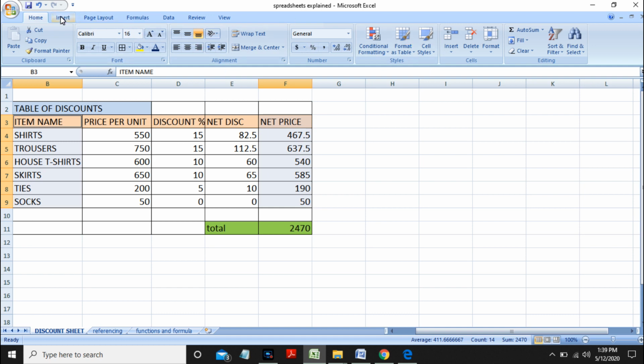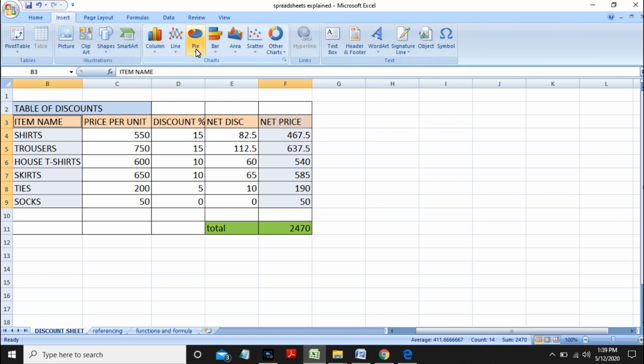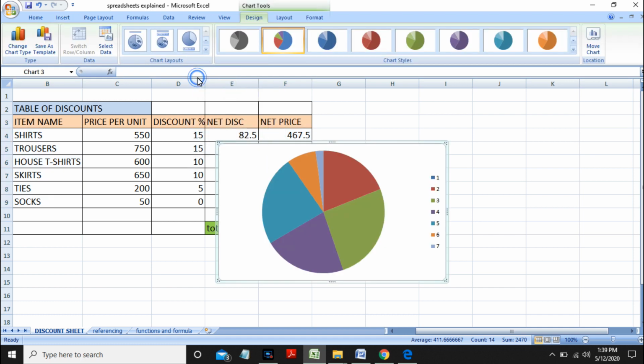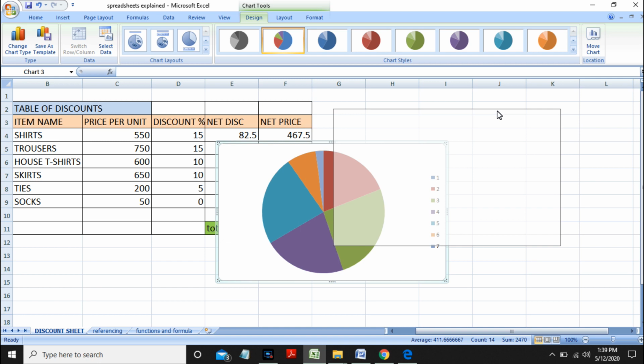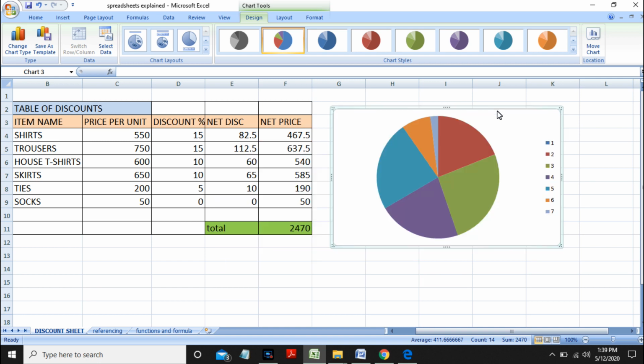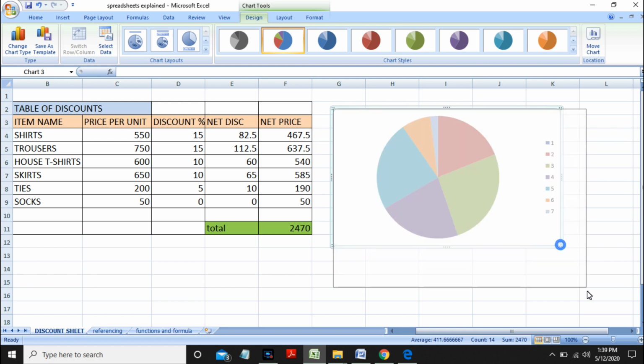And then again we go on insert, we go on the pie chart, select the type of pie chart, and there it is. The pie chart is there for you. Now, once you have selected the pie chart, as you can see, they have used different colors. Children, different colors for different types or components are also known as legends or different patterns. Sometimes these are patterns also, and you can always resize a chart.